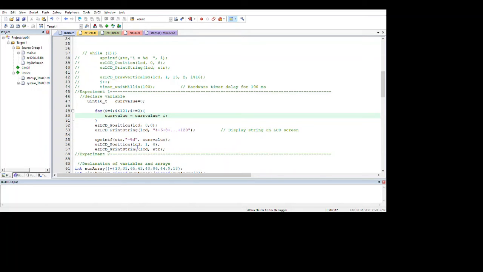So then the current value is going to be the previous current value, which was 4, plus our I, which is now 6. And it keeps on going like that until it reaches 120. So it's going to increment by 2, etc., and then reach 120. Okay. So now that I have my for loop established,